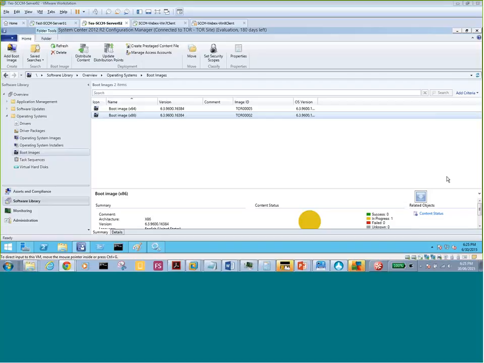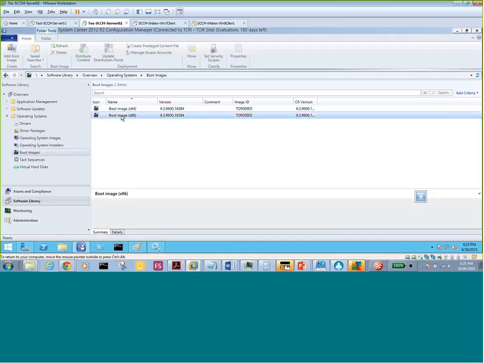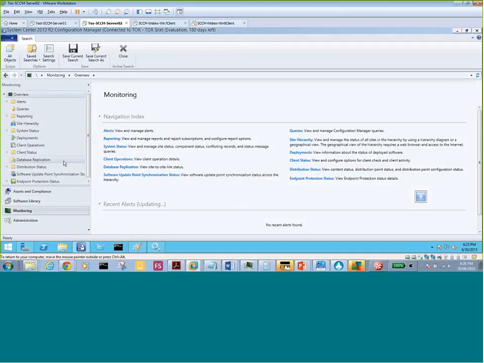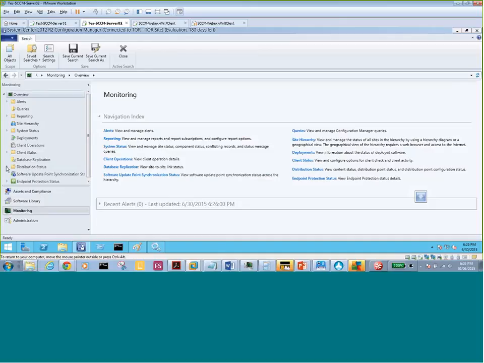And then there's a monitoring area where you can confirm that the distribution point has taken that change. We are confirming the same thing from distribution point monitoring as well, although we know from here that both have been changed successfully. But I'm just going to go to monitoring, and then to distribution status